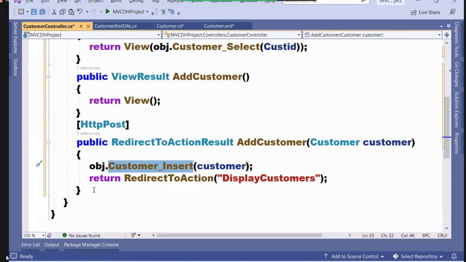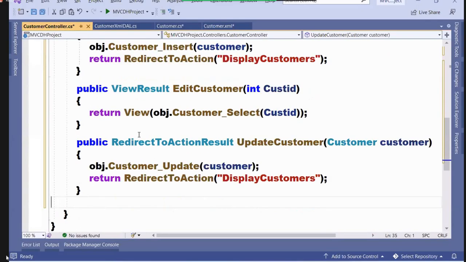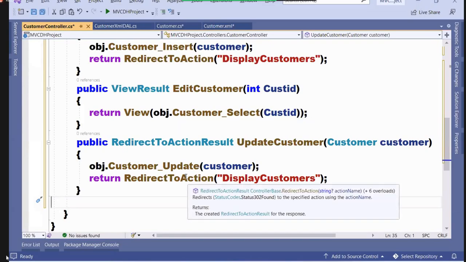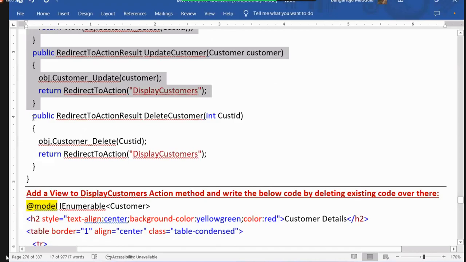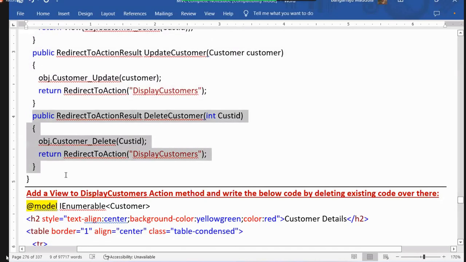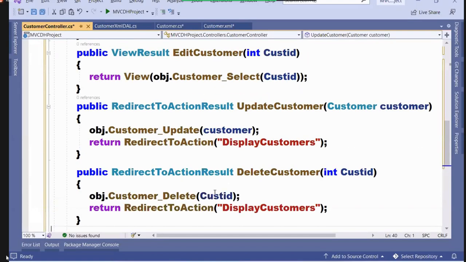Edit. When you want to do an edit operation, what to do? You're required to pass the customer for it. And afterwards call the update. And finally, a method for delete operation. The code in this